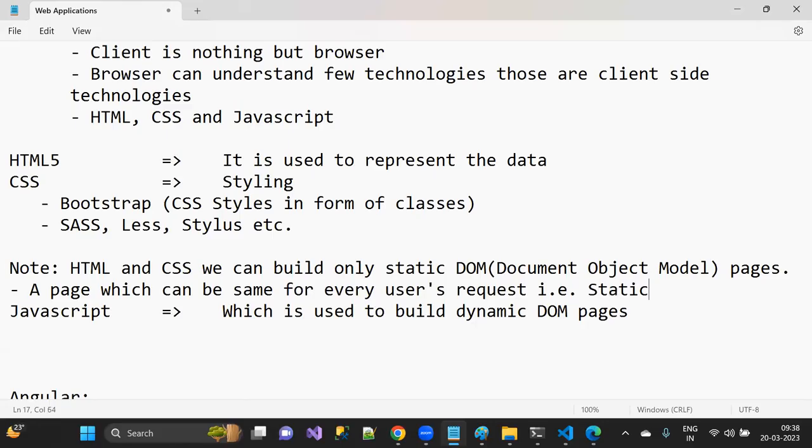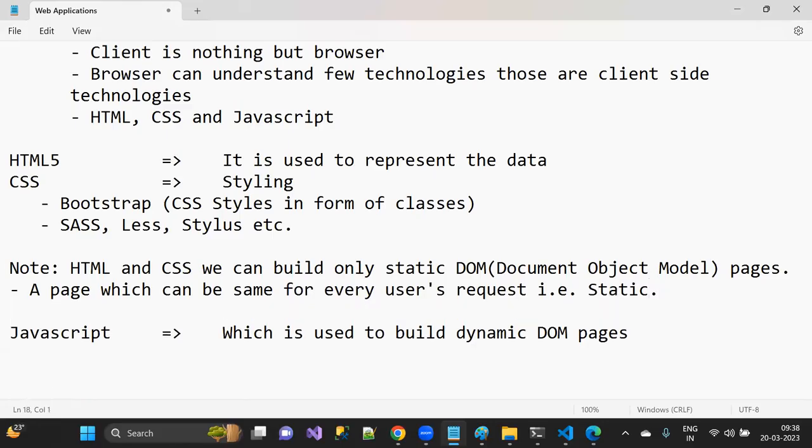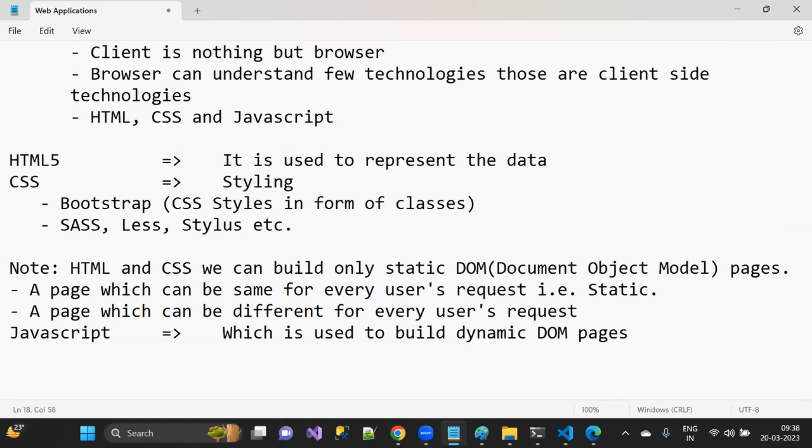That is static. And second, a page which can be different for every user's request, that is what I can call dynamic.